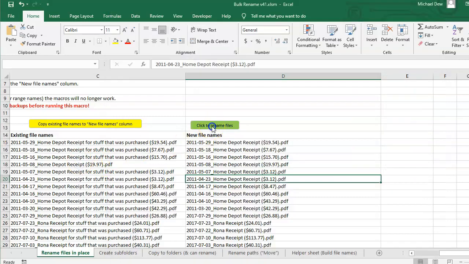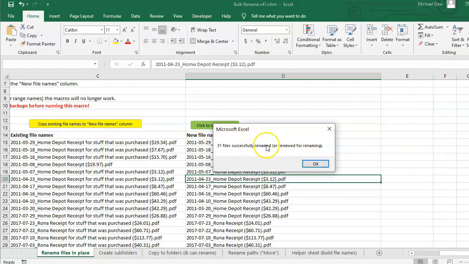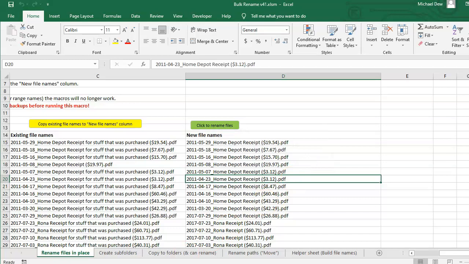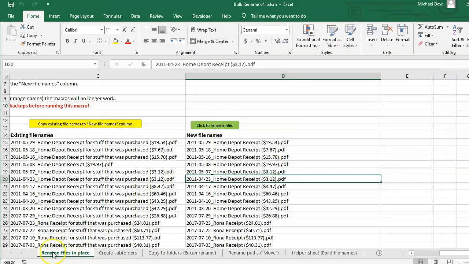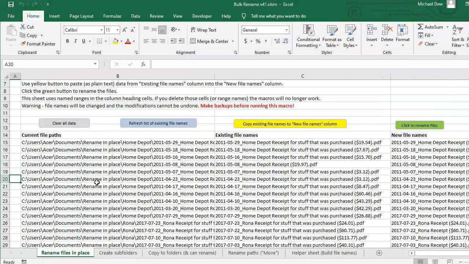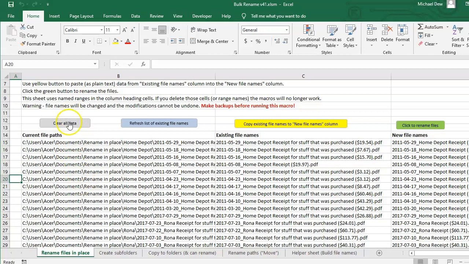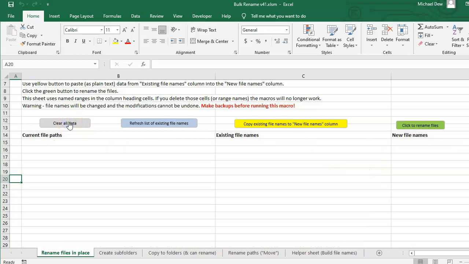But when I click the button to rename the files, it says it was successful, and I go back to my folder and I can see that all of those files have now been renamed. So that's a demonstration of the Rename Files in Place tool. When you're done, you can click the gray button to remove all of the data, so you can start clean